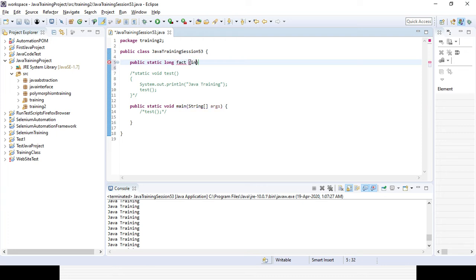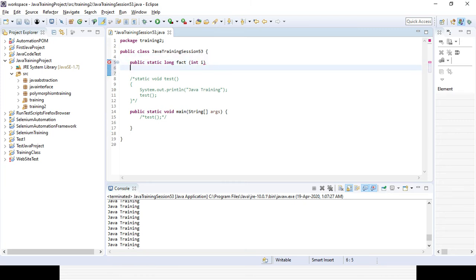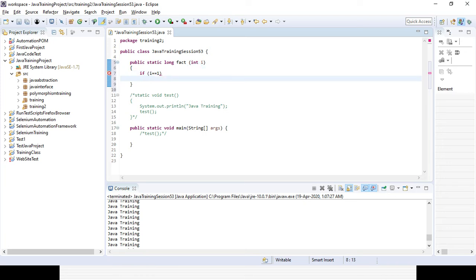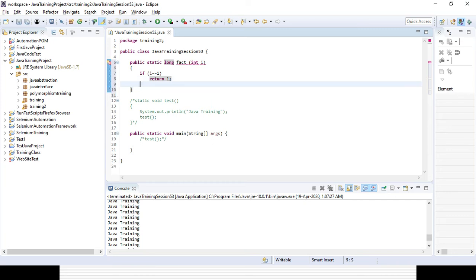Here I will pass an integer i. I will give a condition: if i equals 1, it will return 1, because 1 into 1 will definitely be 1. Else